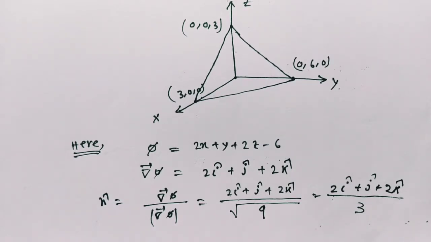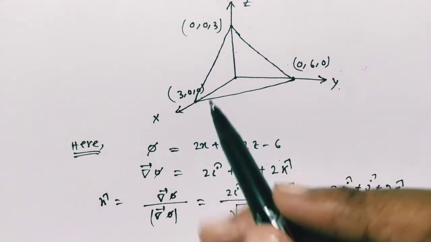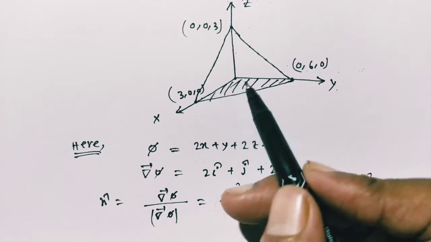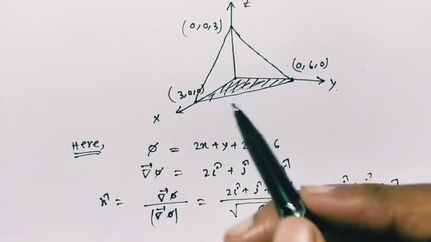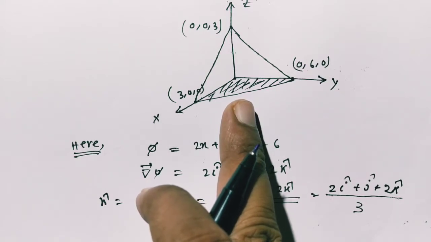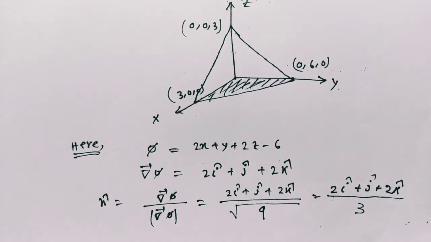Now we have to decide on which surface we will take the projection. I can take the projection on any plane, xy, yz or zx, but here I like to choose the xy region. So I have to take the projection on this xy region, and when I want to take the projection on the xy region, then what we have to do,